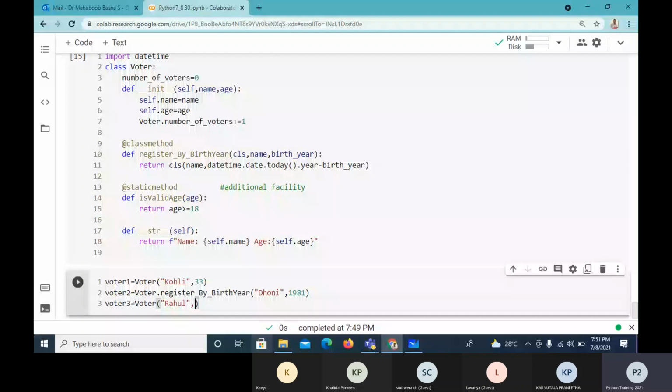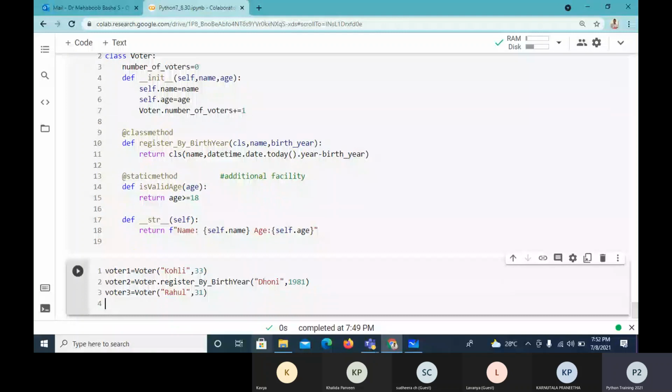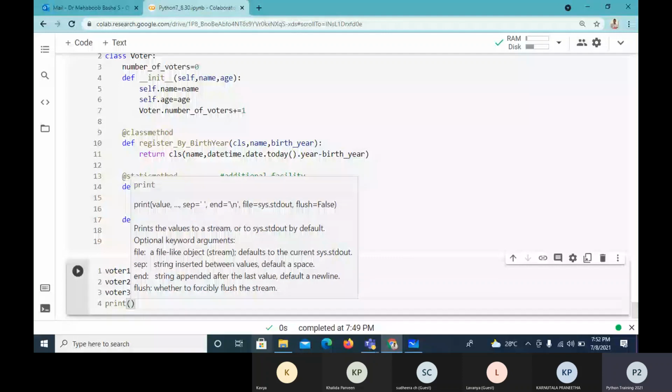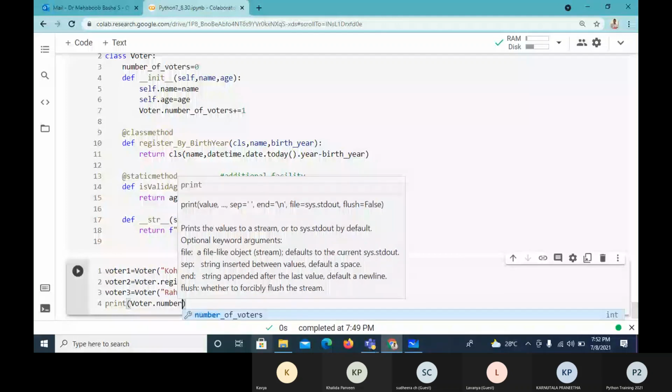Now at any stage, the voter registrations will keep on happening. At some stage I want to know the number of voters, so I'll print the number of voters. And I want to check whether a particular age is a valid age or not.